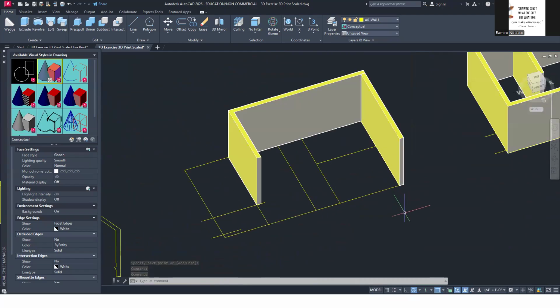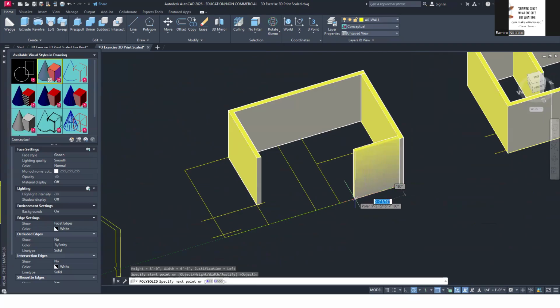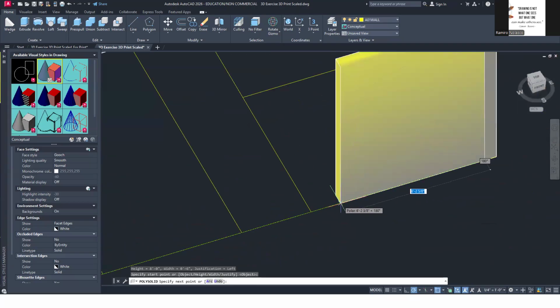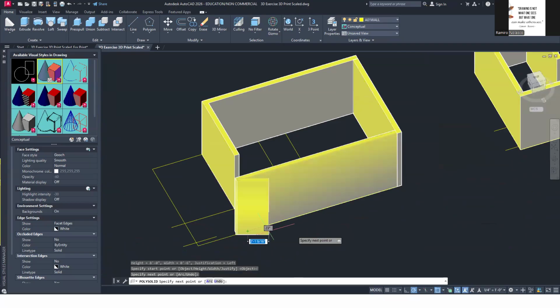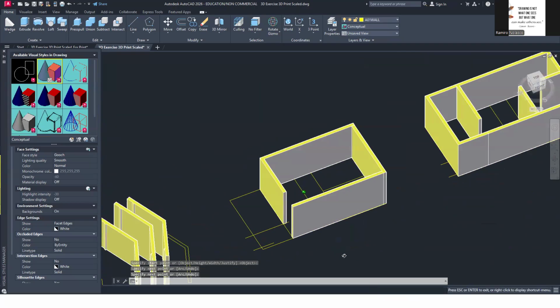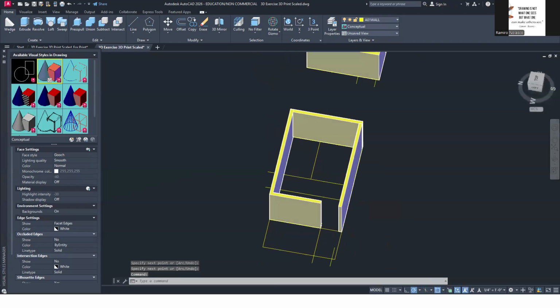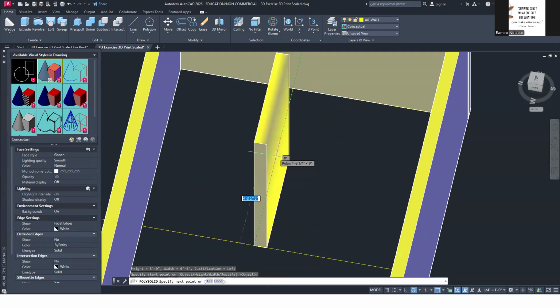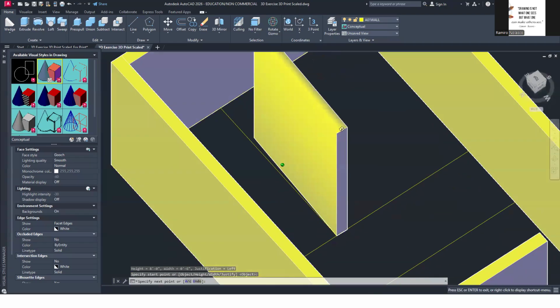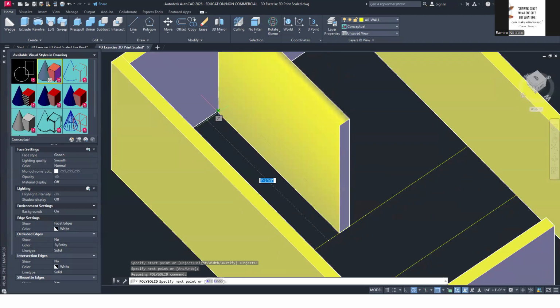So I'm going to say polysolid again, starting here, and it does go to the right justification, and I'm going to end right there. And then from here, I need this one starting, I think here. No, it's going the other way. So I'm going to start here, go this way, and then end there.